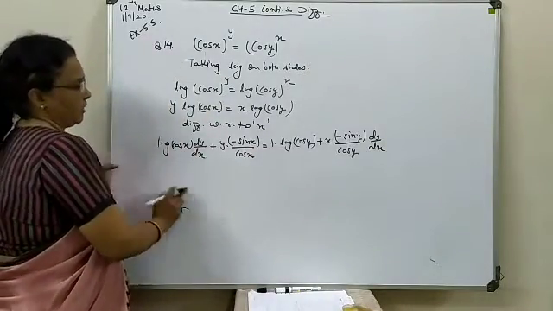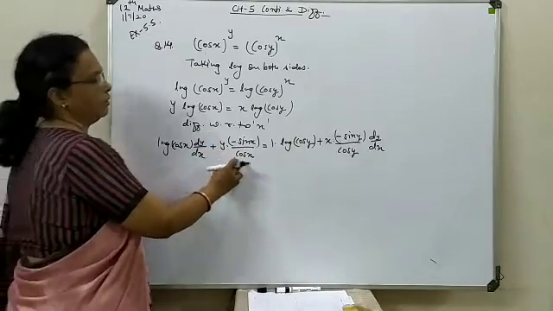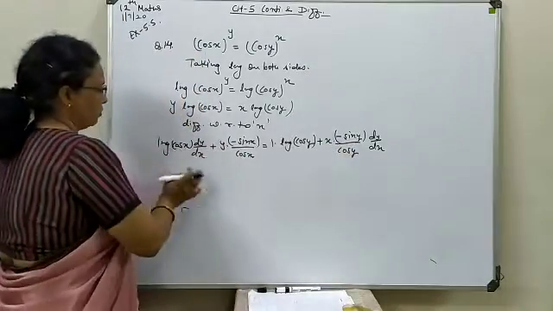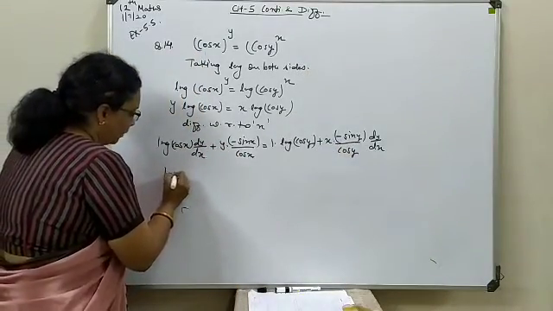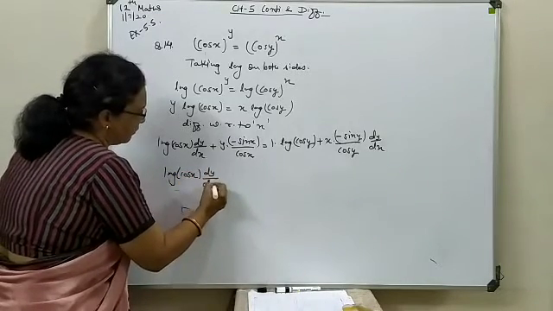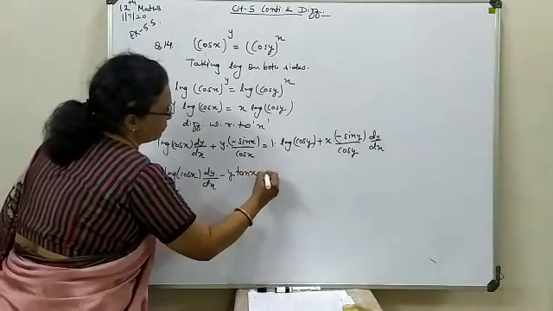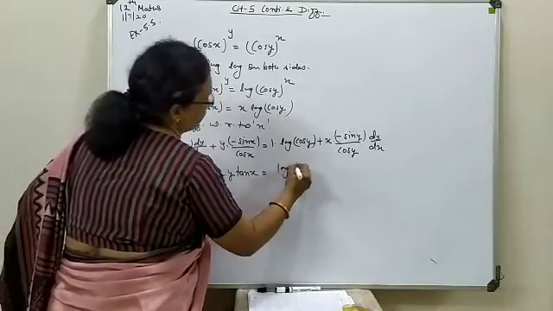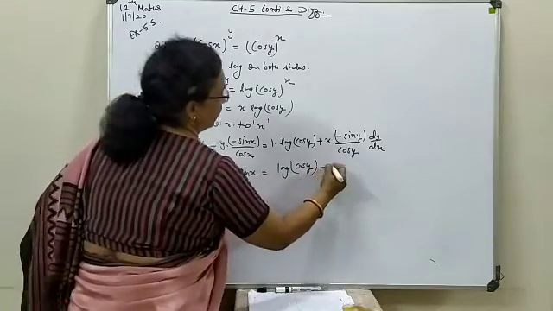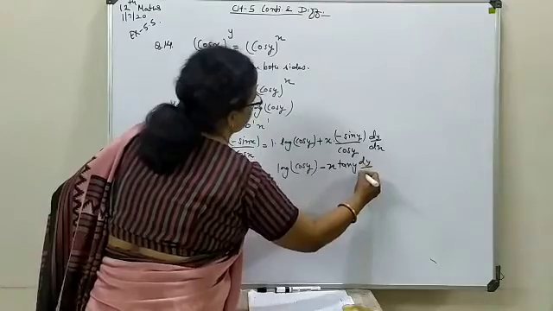Now try to make some adjustment. Here the negative sign will come here. Sin upon cos will turn to tangent. Here also the negative sign will come here. Sin upon cos will turn to tangent. So make these two changes. Log cos of x dy by dx minus y, sin upon cos being tangent, tan x. Here this will be a single term. Log cos of y, this minus will come here, that is x tangent of y dy by dx.